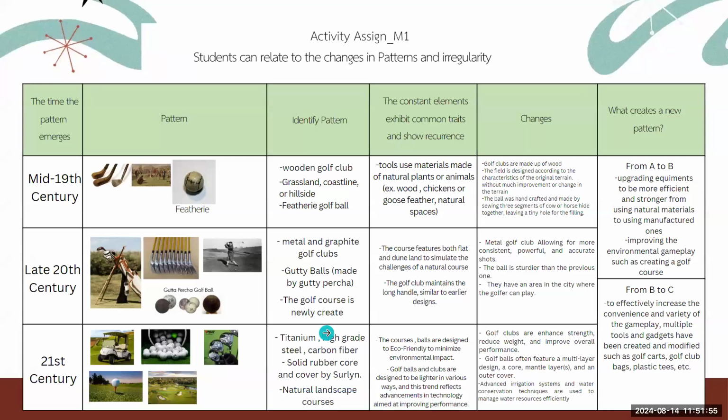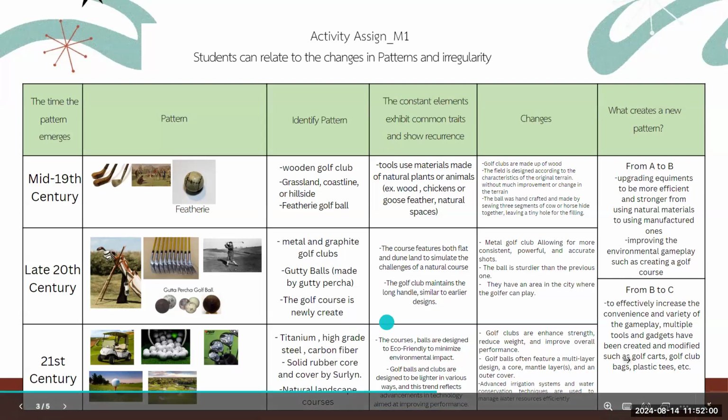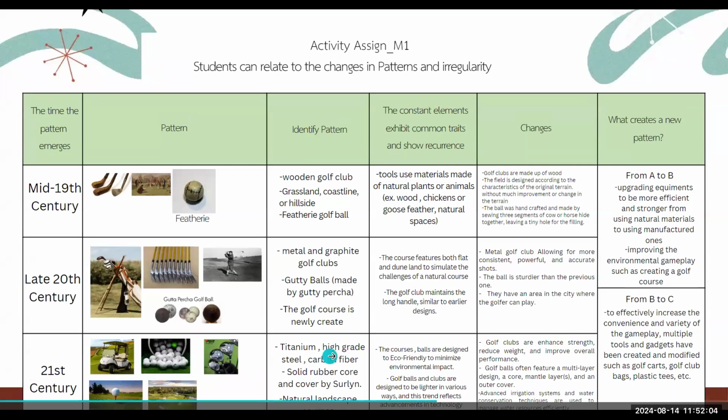The golf clubs we use have titanium, high-grade steel, carbon fiber, a solid rubber core, and something like that. The courses and balls are designed to be more eco-friendly, to minimize environmental impact and add more convenience. As for the common traits and the change, the golf clubs are enhanced with strength, reduced weight, and improved overall performance. And golf balls often feature a multi-layer